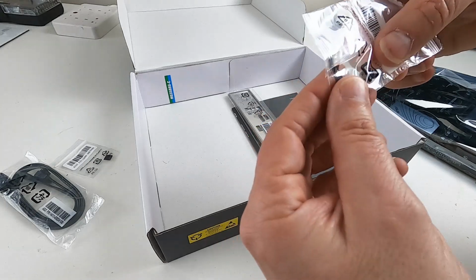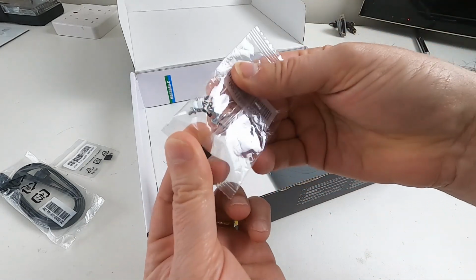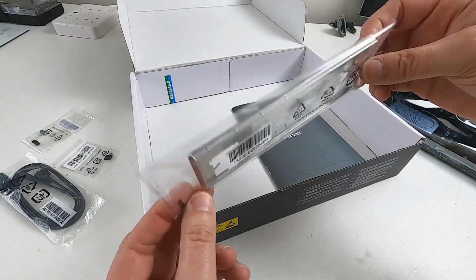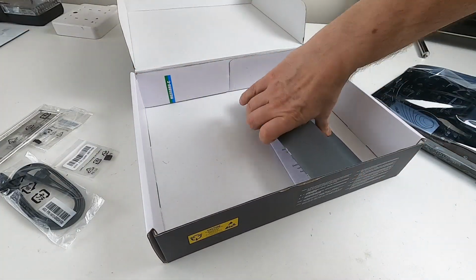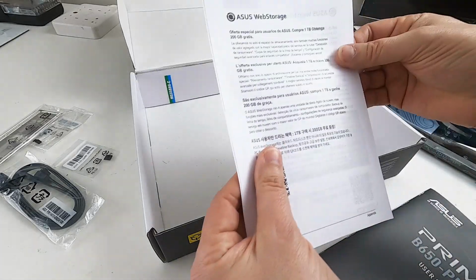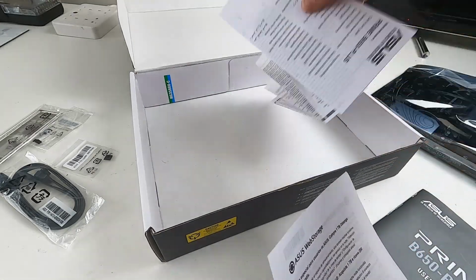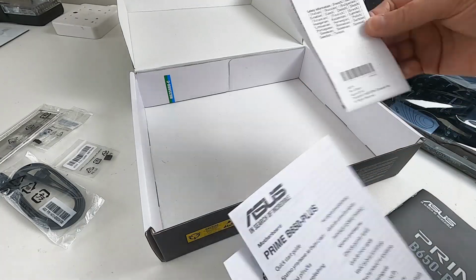So that's good. There's M.2 mounting bolts and screws. I/O shield, just an aluminium stamped one, nothing fancy. It's not built onto the motherboard, it's just a separate component. And a user guide, which is unusual these days. There's ASUS web storage, wherever the hell that is. That must be a new thing they're doing. There's a quick start guide and safety information,